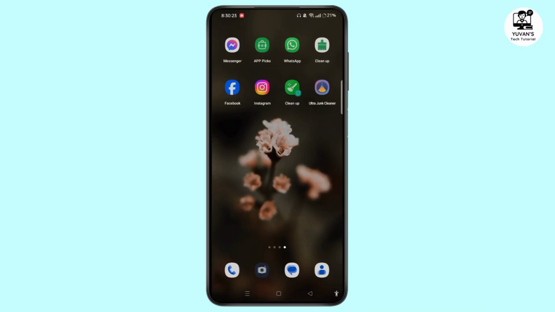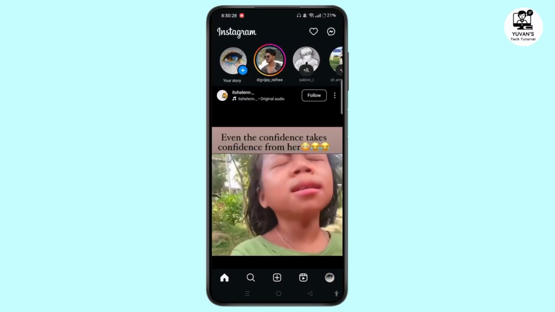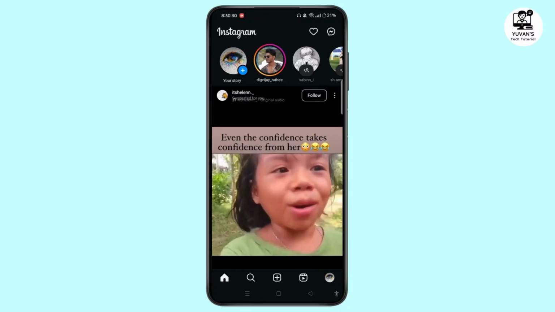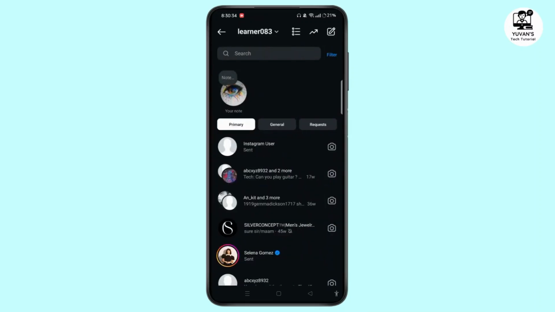Launch the Instagram application on your mobile device. Make sure to log into the particular account. Tap on the messenger icon at the top right corner of the screen to access the message or chat section